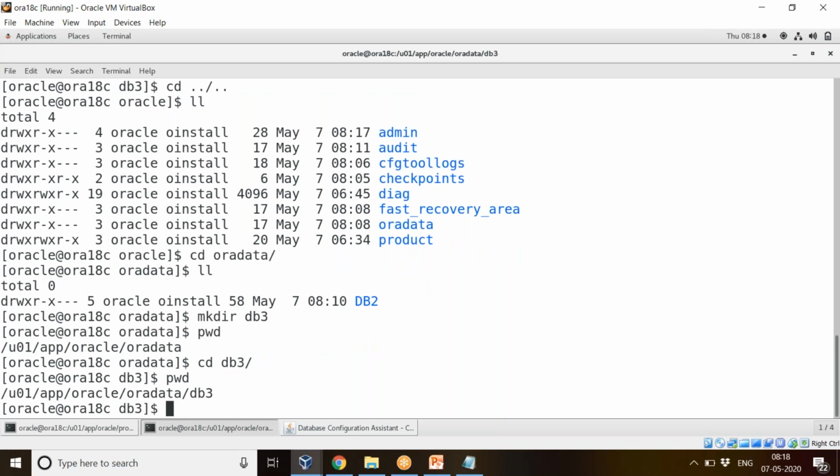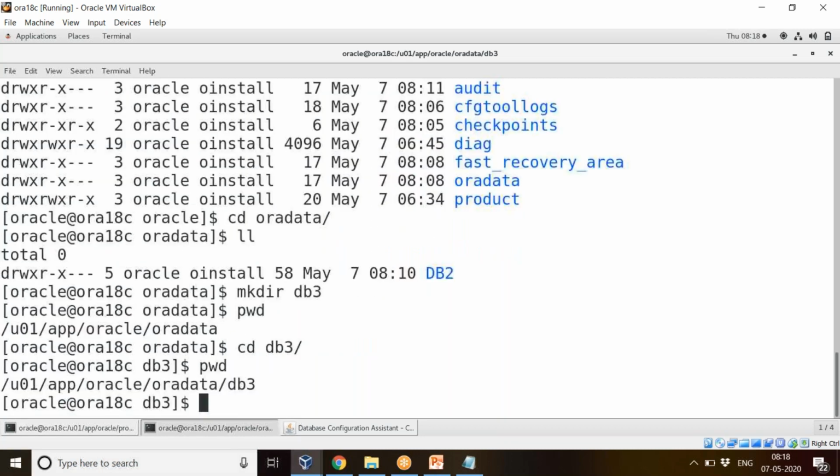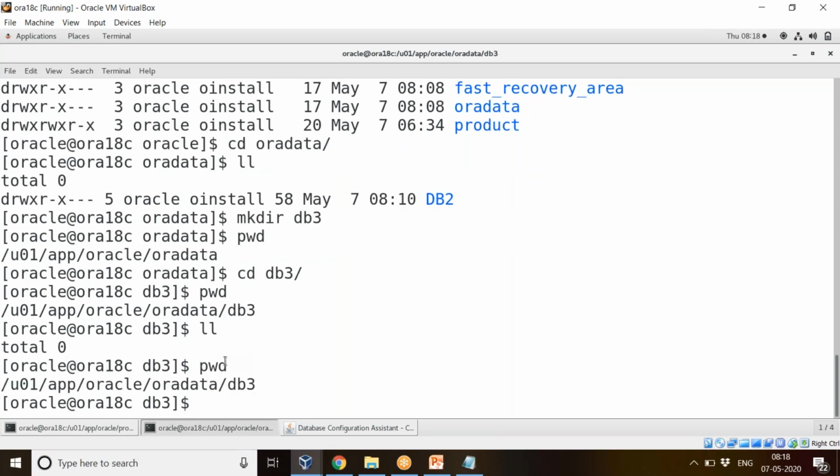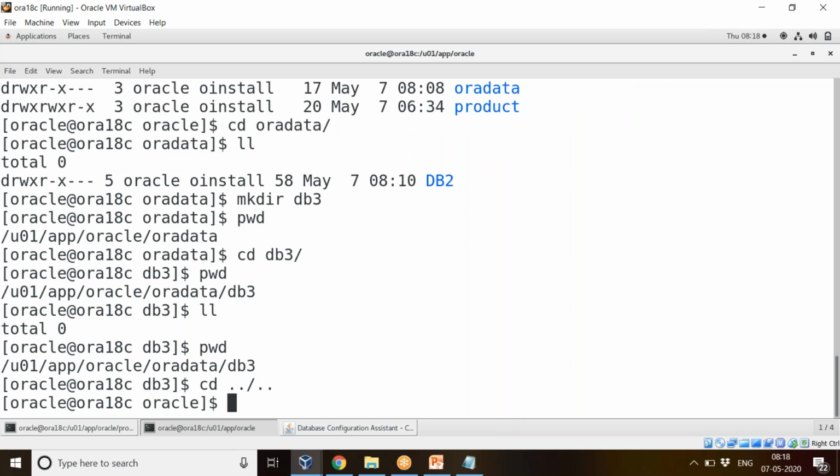Fine. So this is the place where all your control files, data files and redo log files are going to be kept. Okay, all the database files are going to be kept under this location. Fine. So now we'll create a create script. So I'll go and keep under admin db3.